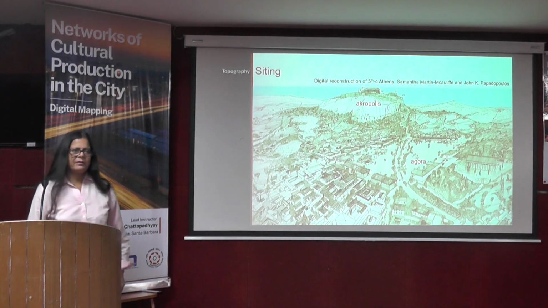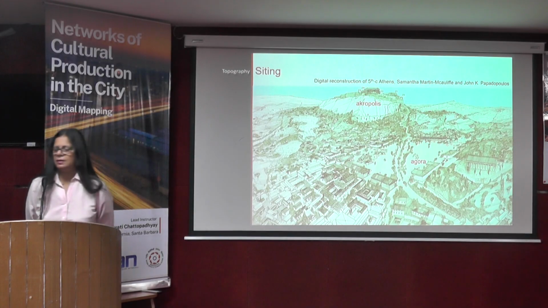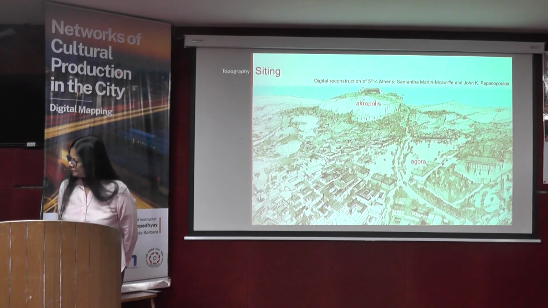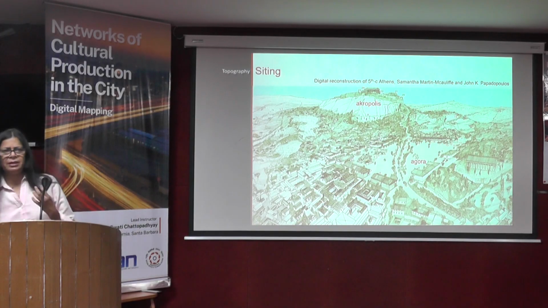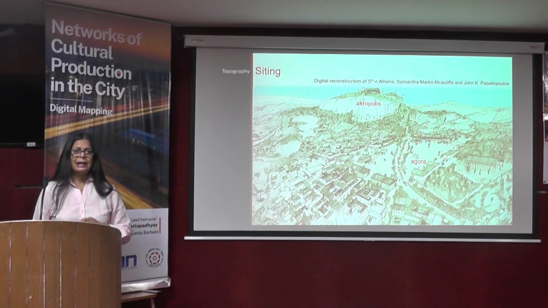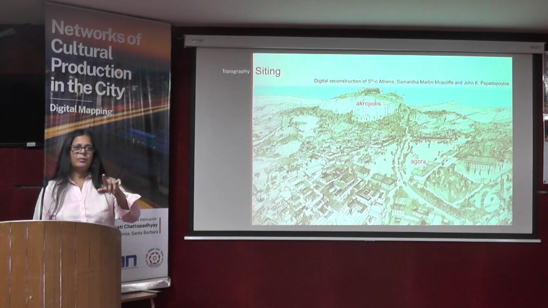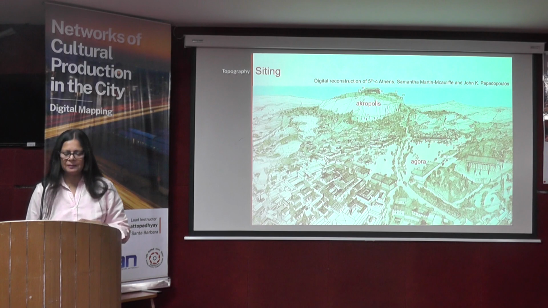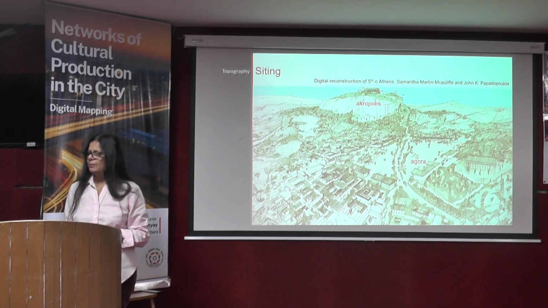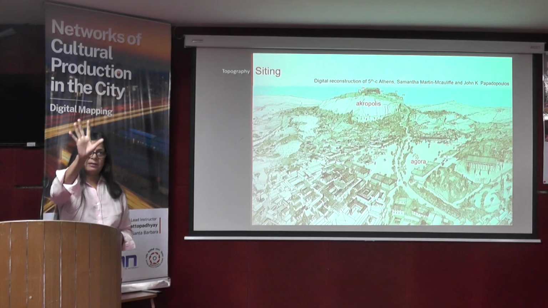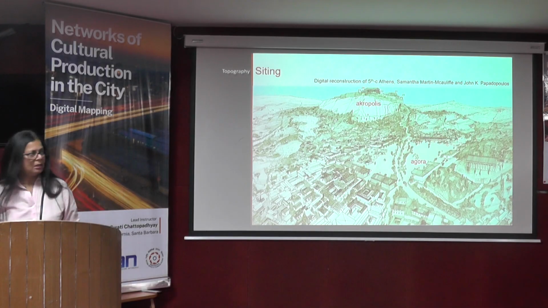So this is the digital reconstruction of the Acropolis in 5th century Athens by my colleagues at UCLA. They patiently recreated the landscape to give you a good understanding of what the topography was like, because they had a particular argument about the topography and the buildings. When you look at this image, you recognize there's a clear distinction between higher ground and lower ground, like sacred city, not sacred, profane, right? And there's clearly a connection between the two.